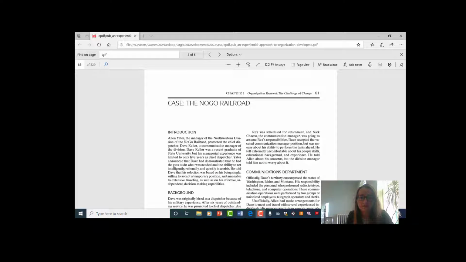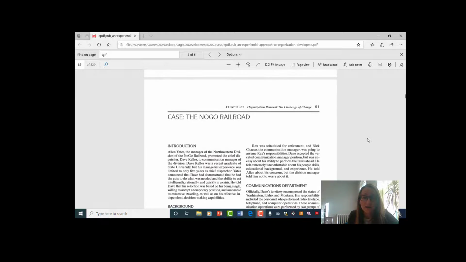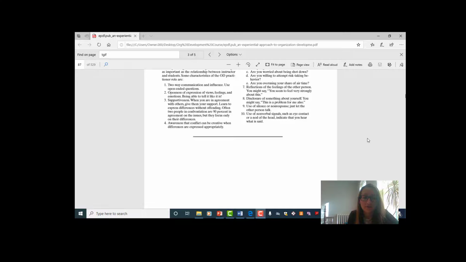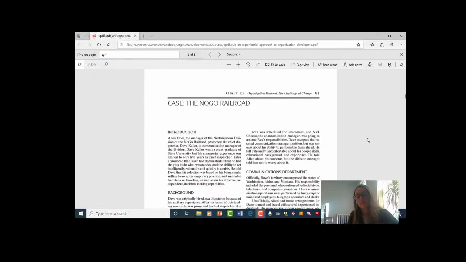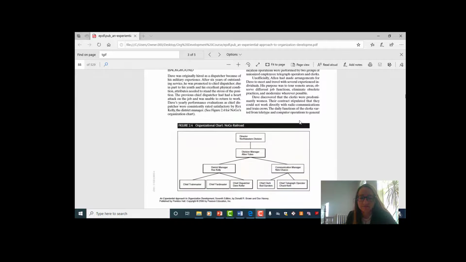Here's an example of a case analysis. This is the case analysis for Chapter 2, which is not assigned. We're just going to look at it as an example. Before the case in your textbook, you'll have a little explanation of how to do a case analysis. This is actually the 7th edition, so this looks a little different from your textbook. But anyway, you'd read the case,